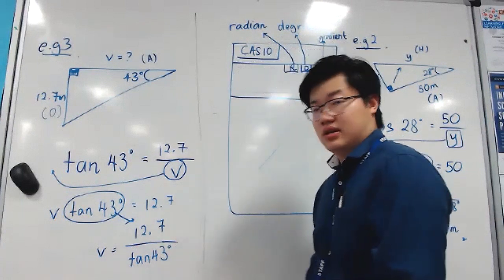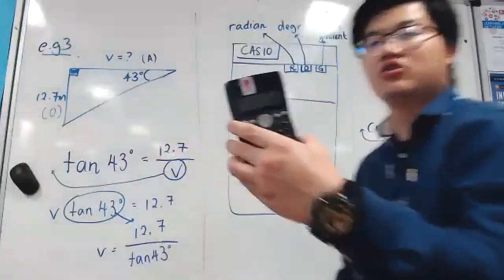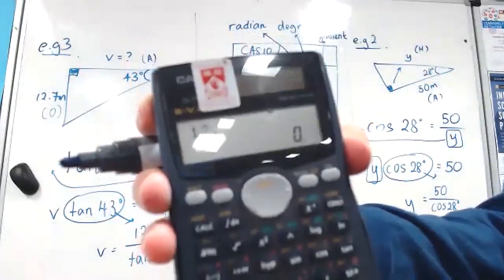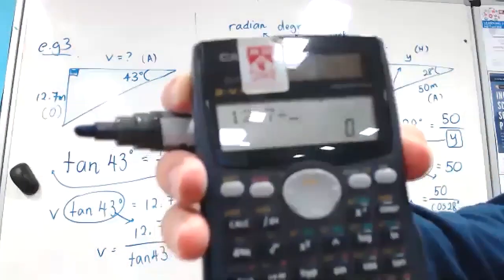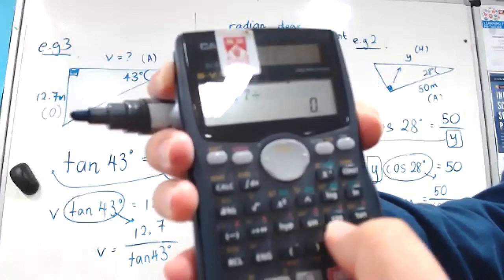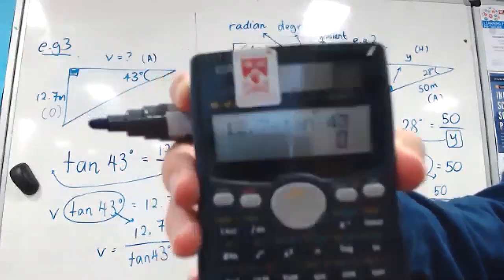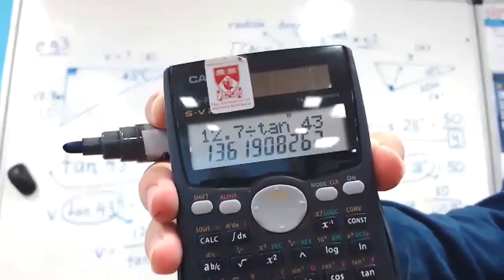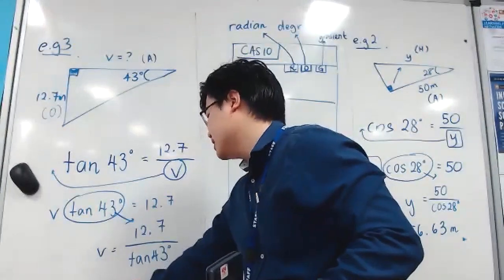All right, ladies and gentlemen, from there, you ask your best friend, the calculator. All right, now let's press it. 12.7. So you got 12.7 divided by tangent. Where's tan? Tan's right there. So tangent 43 equals to 13.6. Okay, we're going to round it up. So 13.62, so it's approximately